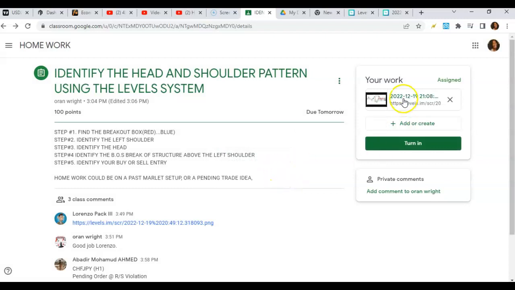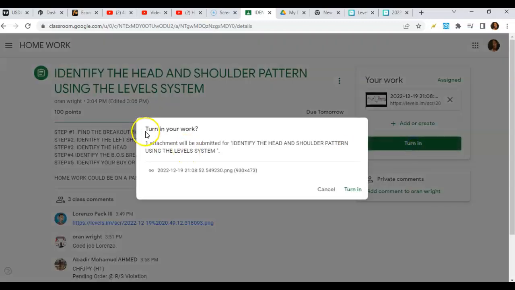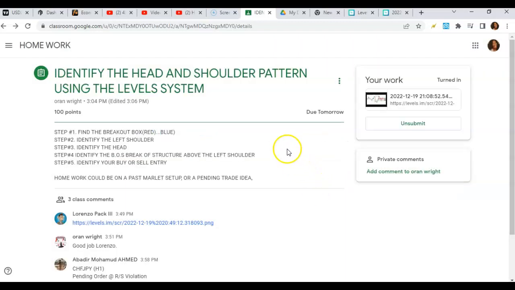After you added the link, you'll see like a photograph of the picture, and then you'll click turn in. What'll happen is a questioner will ask you if you want to turn in your homework. You'll click turn in to confirm. Your confirmation is that on the right hand side it'll say turn in, and the only option would be